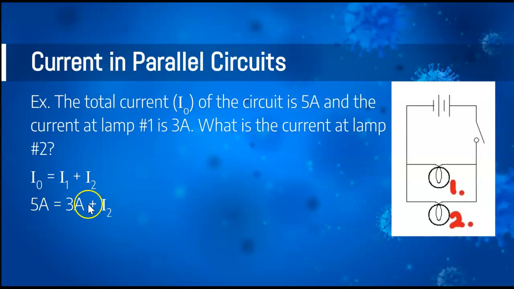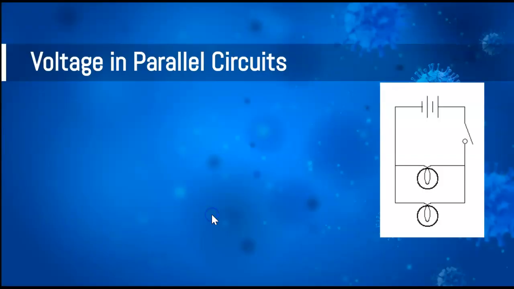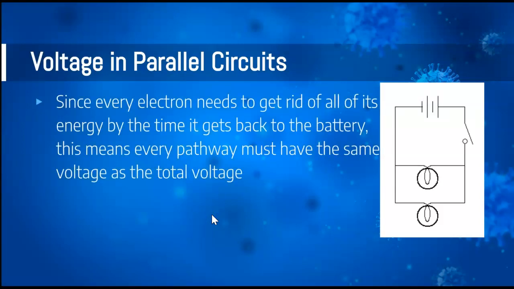So now we've got 2 of these values put in. We just have to figure out the third. So this I2 is going to equal 5 amps minus 3 amps, which gives us a total current of 2 amps. All right. Now, for voltage in parallel circuits, well, every electron needs to get rid of all of its